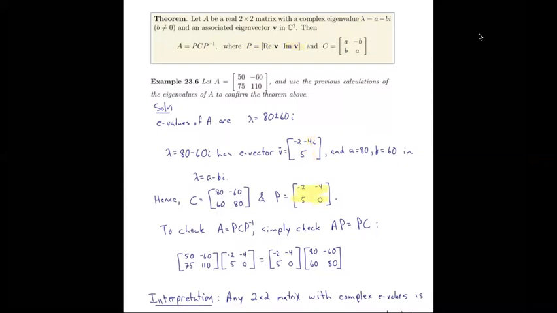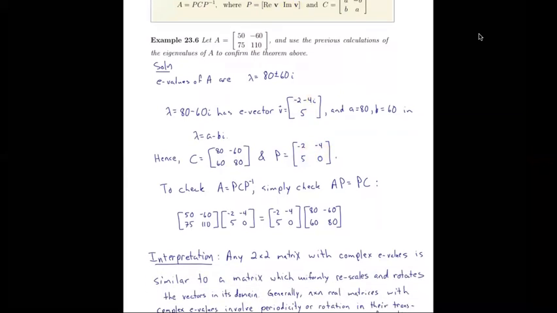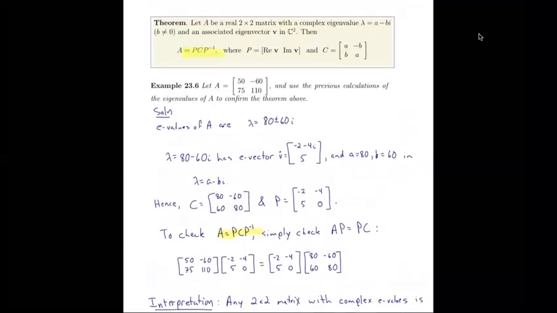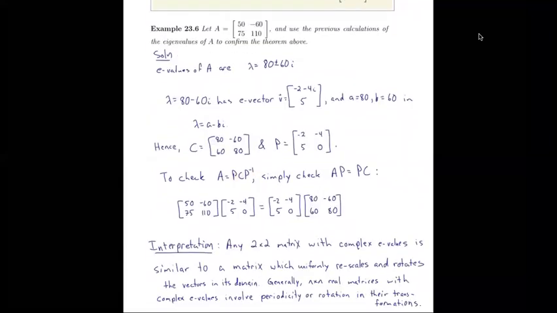And this makes up P. And just following everything as in the orders that we're told to do, or that the formula dictates. And then, well, now we want to check to see that this is actually true. We want to see that our equation up here actually holds when we build P and C according to this recipe, right? So, well, instead of inverting P, which won't be too bad because it is a 2 by 2,